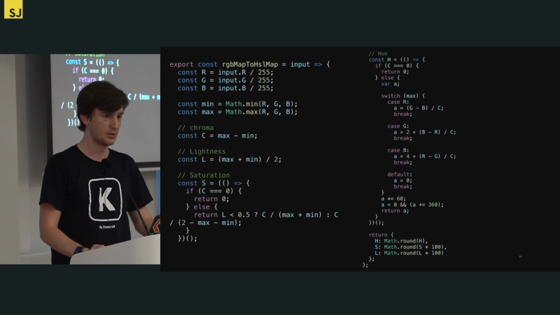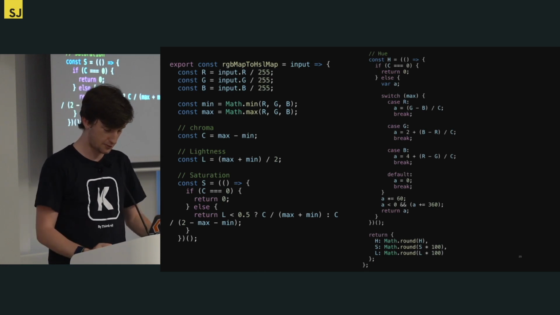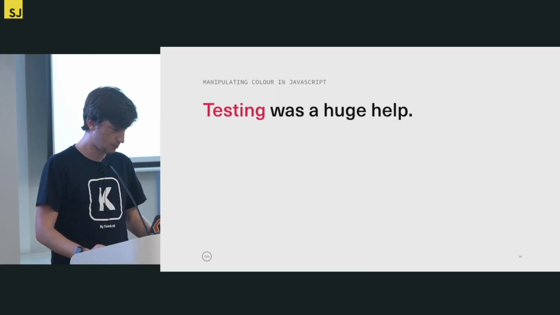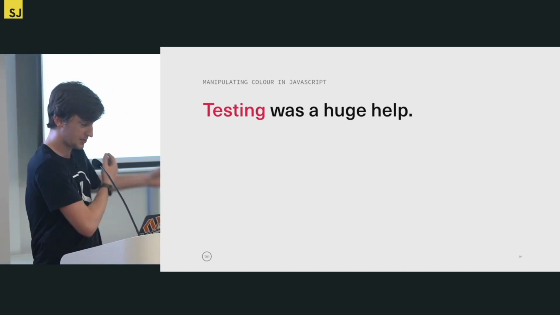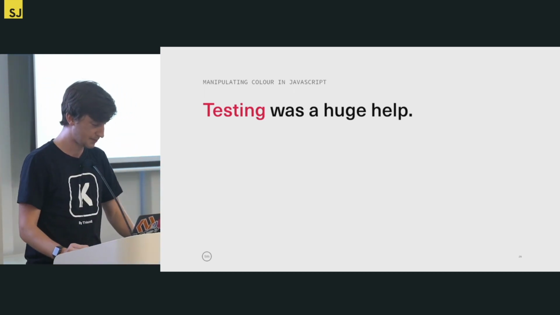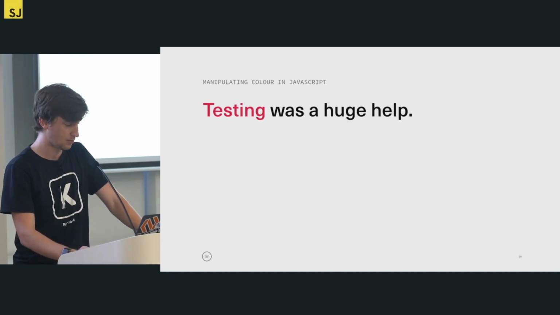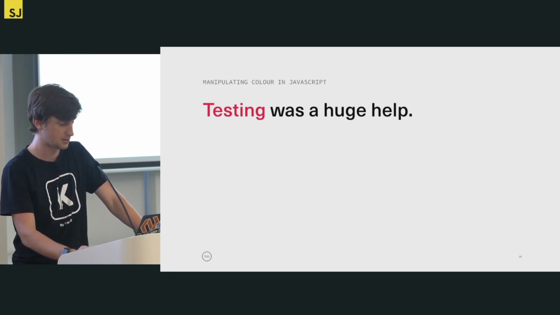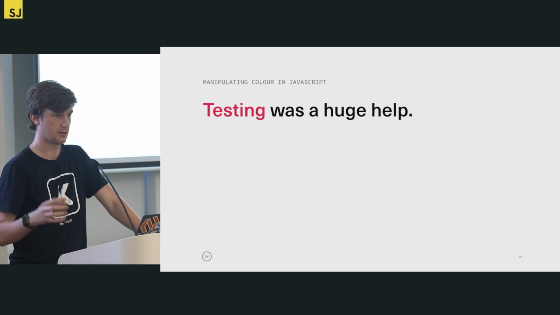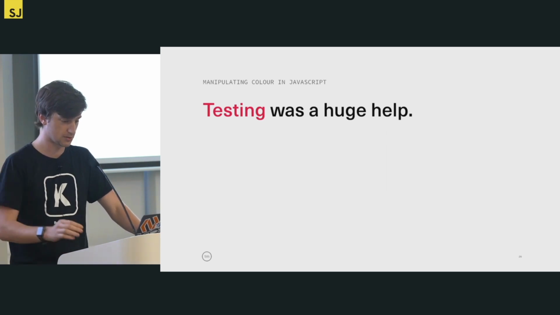This would have been impossible to work out by myself, but thankfully, with a bit of help from the guys at ThinkMill and also with some testing, I was able to get it to work. It would have been impossible to do without a testing framework. I used Jest, which is very popular. I'd barely used it before. I thought I'd give it a go, and it really helped ensure that the functions I was running actually produced